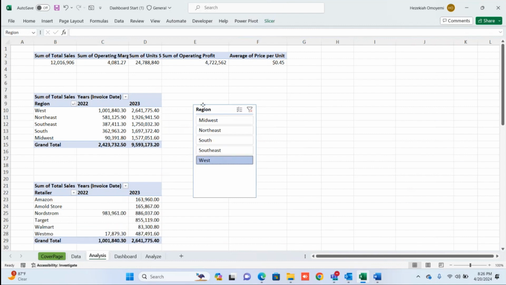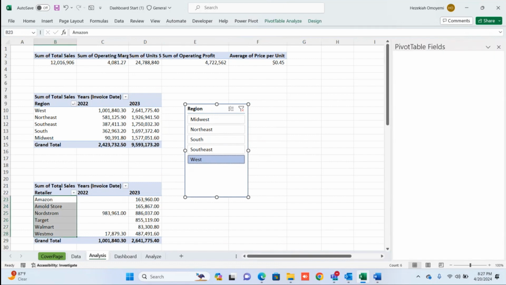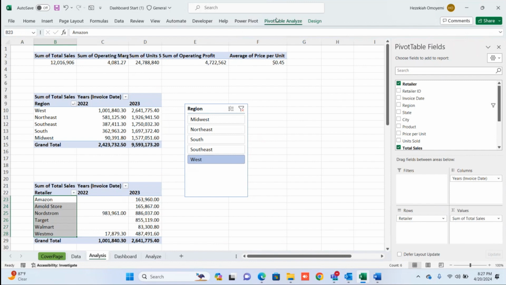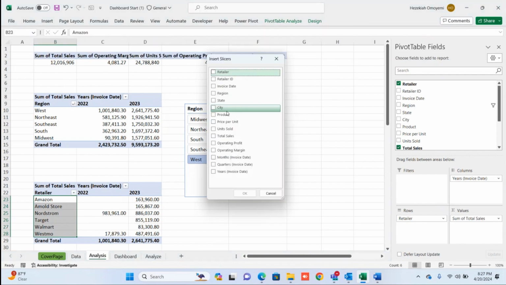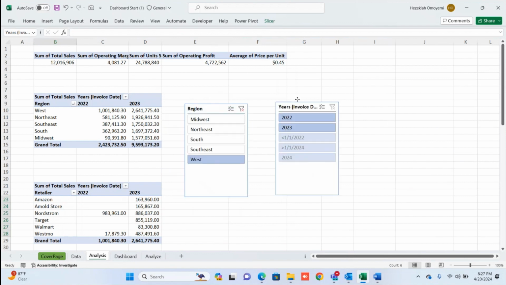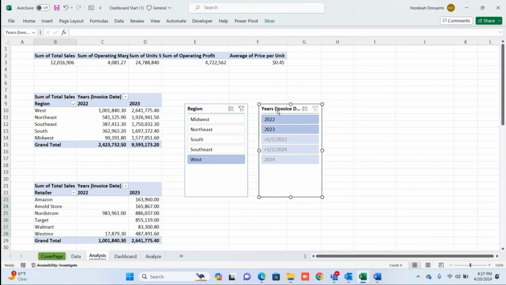So what we need to do now is let's bring in the other slicer. Let's click on this, go to PivotTable analyze and bring your slicer. We want to deal with the year. Good. We are making use of these two slicers to make our